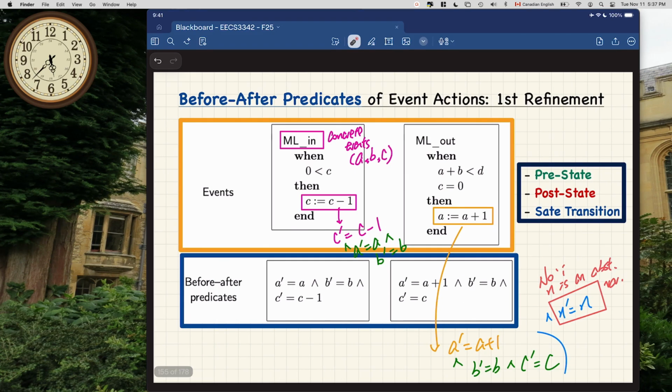And then we got the before-after predicate right here. So the idea would be, here, if you only mention one variable,